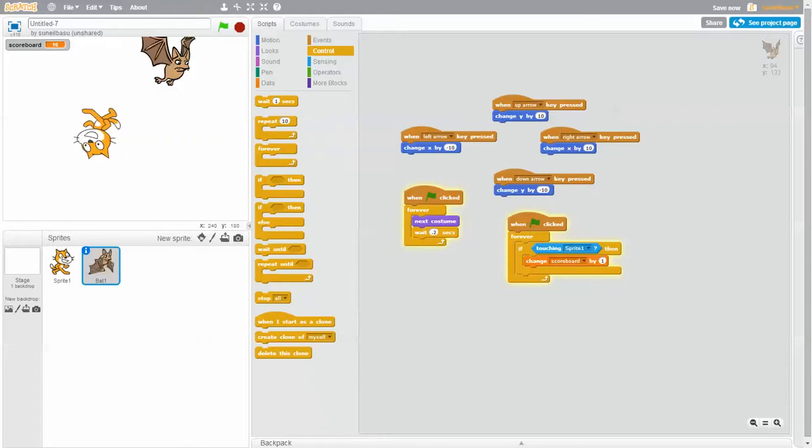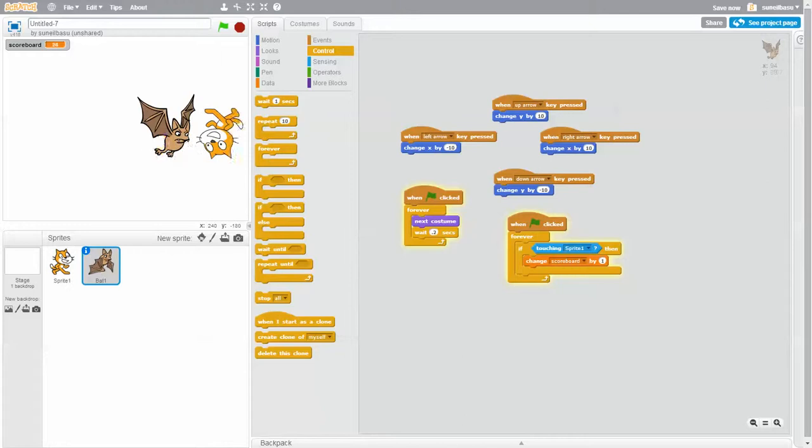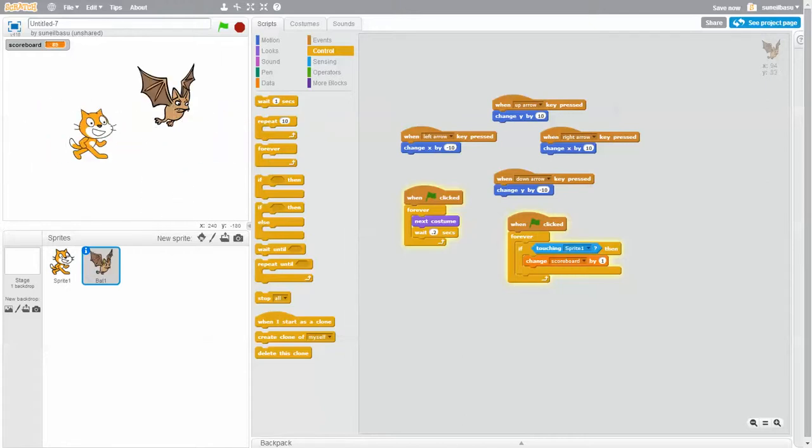What I'd forgotten to include was obviously forever. So I hadn't put the forever in, and now you can see every time the bat touches the cat, the